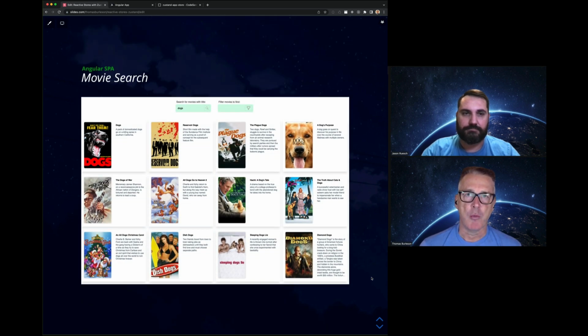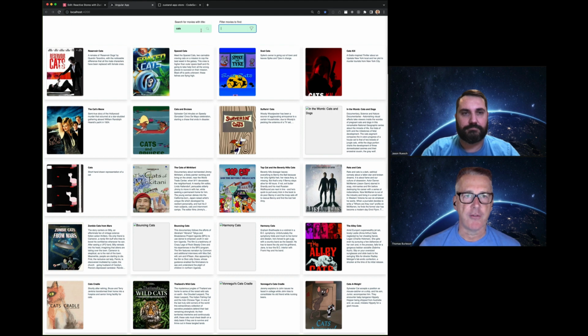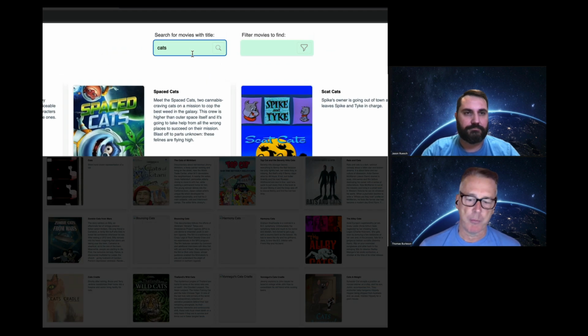So let's take a look at a MovieSearch application that we've already created that's using a Redux-like pattern. And it's this application that we want to actually rework to use reactive stores with Zustand. So here is the application. It loads movies from a remote movie service. And if I search, for example, snakes